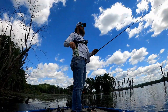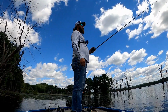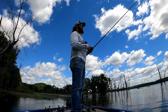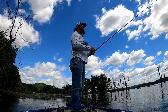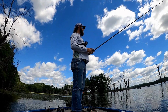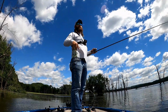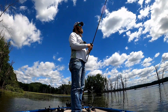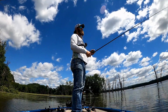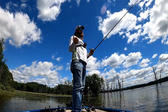What's going on, guys? And welcome back for day number 2 of pre-fishing. After yesterday, we didn't really get a ton of clues. The river is extremely high right now, which is making it a little more difficult because almost all the islands up here are flooded and these fish can pretty much go wherever they want. So, but the only clues that we kind of came up with yesterday is they've been sitting in some grass